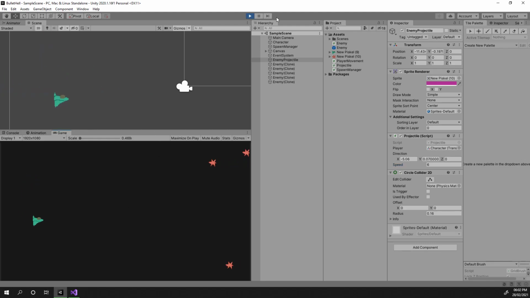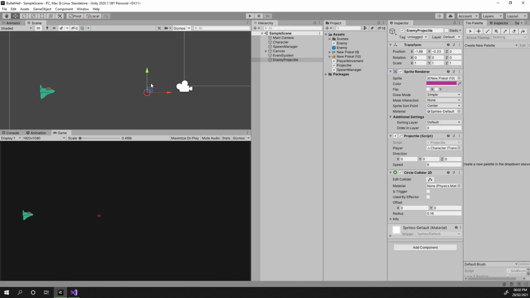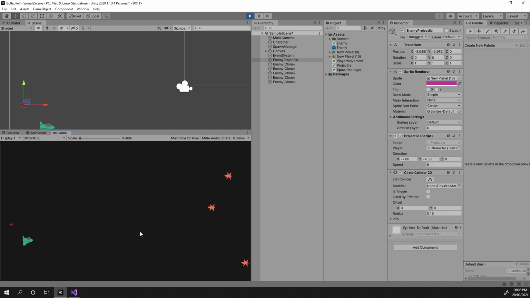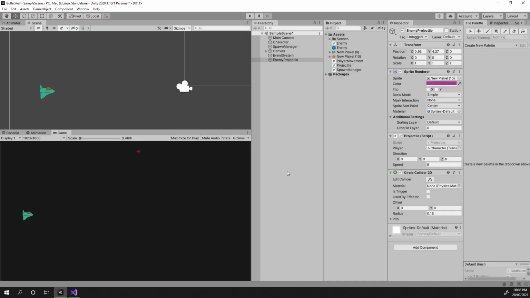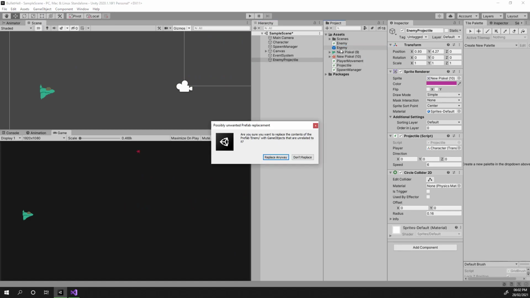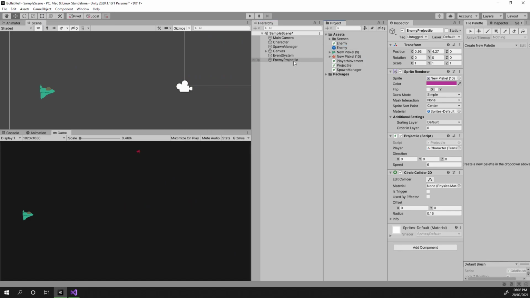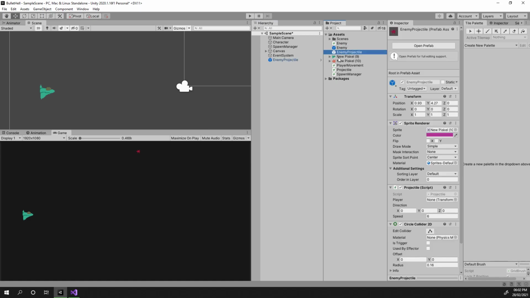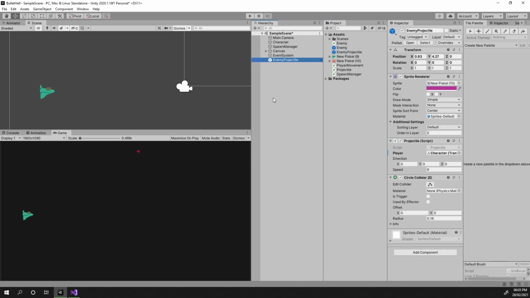There it goes. I mean, presumably that's towards me. Let's move the projectile up into this corner just to make sure that it moved diagonally down towards us. There it is. Now here's the problem. Once we make this enemy projectile a prefab, oops, don't replace the enemy one, make it a new one. There we go. Whenever this enemy projectile spawns in, it's not actually going to know where the player is, because